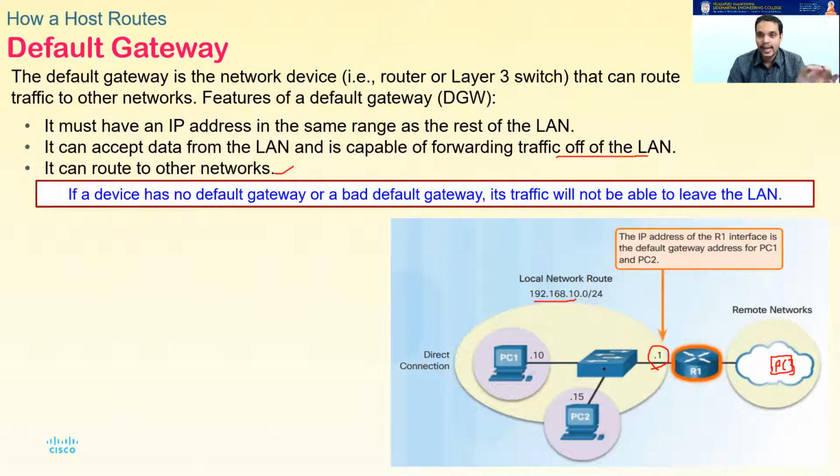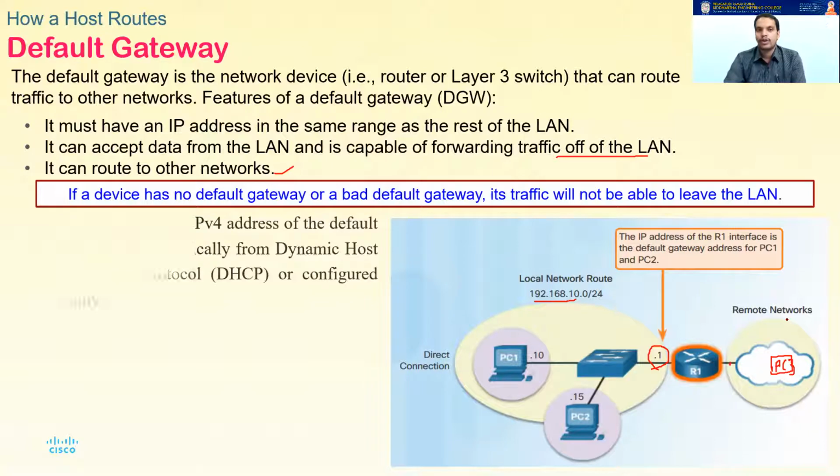Unless I define the default gateway, you will not be able to send packets to the outside world or to other networks. Please do remember this. Most students make the mistake of not specifying the default gateway. If you don't specify it, your packets will not leave your own network. They cannot go outside because they don't know the direction. So the default gateway address is this. Similarly, in this scenario towards this side, the default gateway will be this particular interface based on the network here. If there is no default gateway, you cannot send traffic to it.